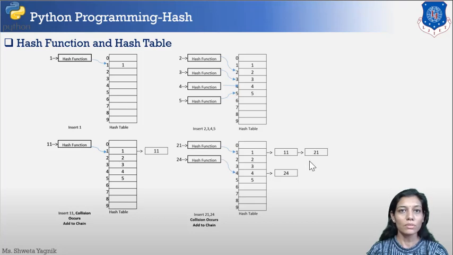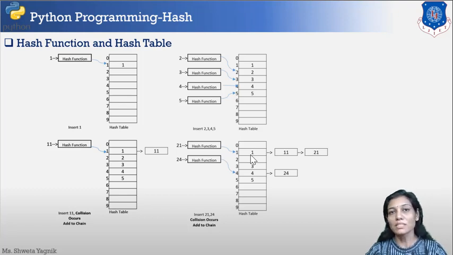Okay, so here we'll be using separate chaining. For 24 also we are using the same thing. Now in case where we want to retrieve our stored element, what will happen? First of all, if I want to retrieve 11, I'll be using the hash function to get the key value of 11, that is 1, and with 1 I am going to search in the linear list one by one, and as soon as the element is matched, I am going to return true. So that is how I'll perform my search operation.